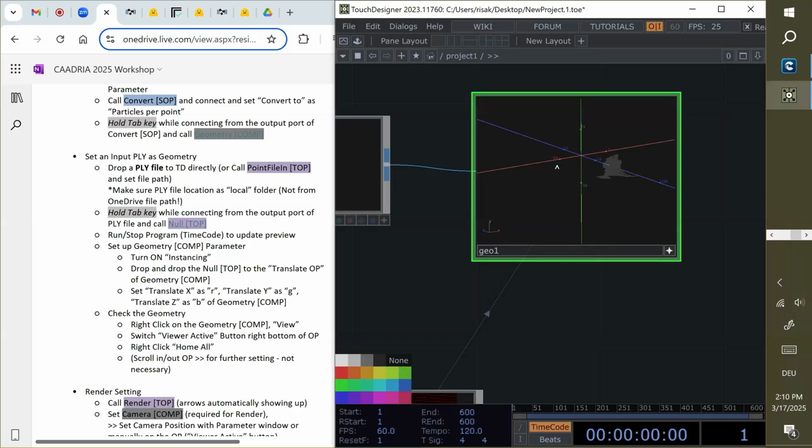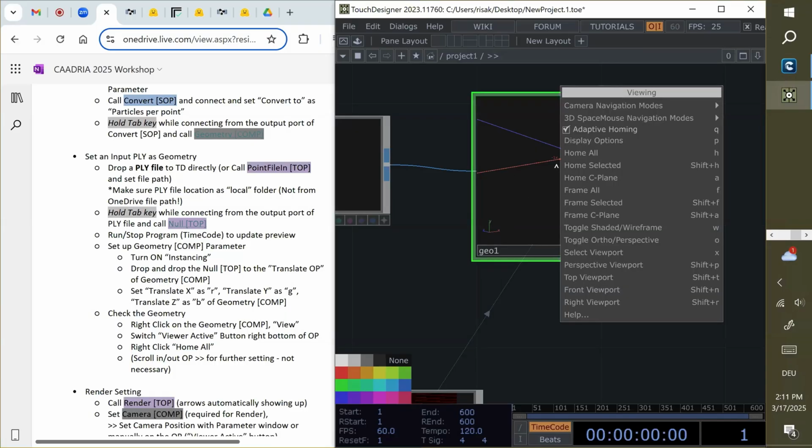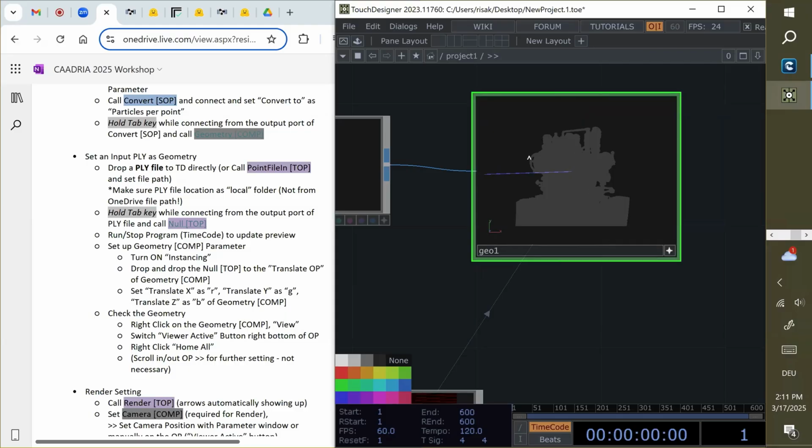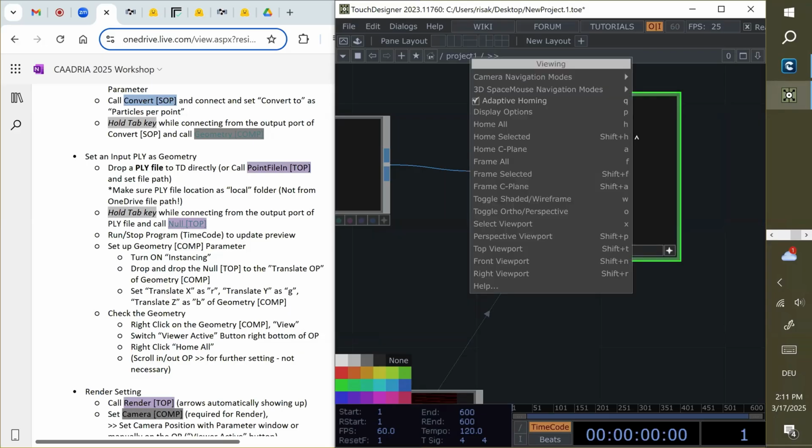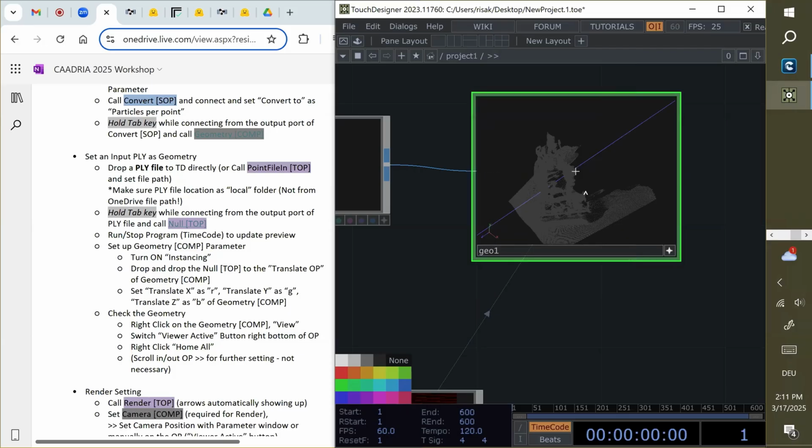In that case, you right click, and there's a Home All function, so that you see the geometry in this view. Again, right click on Home All, so that you see the geometry in the center of this view.